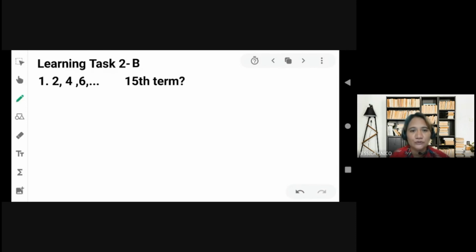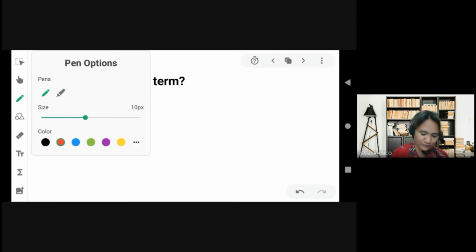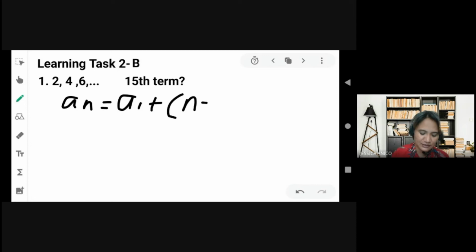We're going to use the formula of the arithmetic sequence to find the 15th term. Okay. So, manood po. So, using the formula, a sub n equals to a sub 1 plus quantity n minus 1 multiply to d. Ano yung mga given natin na pwede